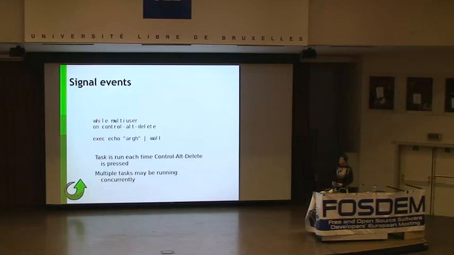So you can define quite a simple Upstart 1.0 job there. It's running while multi-user, which is a kind of run level state, and on Control-Alt-Delete. So while you're in the multi-user state, if Control-Alt-Delete is pressed, it would run wall and beep all the users. More interestingly, if you keep holding down Control-Alt-Delete, you'd get more and more wall messages. It wouldn't stop the first time it's run, and you might get overlapping wall messages if you manage to do it really fast. Each individual Control-Alt-Delete press spawns a new one of these. So if you ran dbus-daemon on Control-Alt-Delete, you'd get a lot of dbus-daemons. So don't do that.